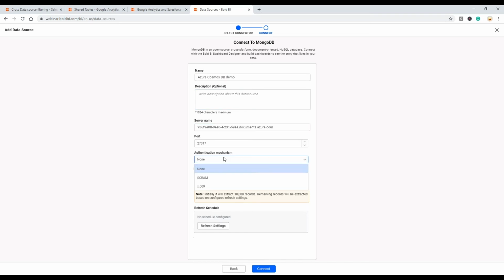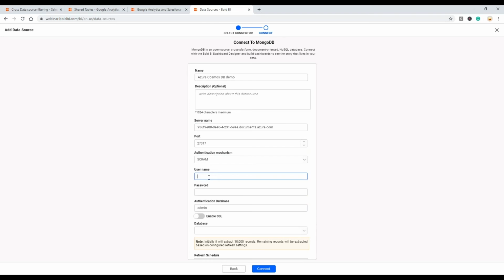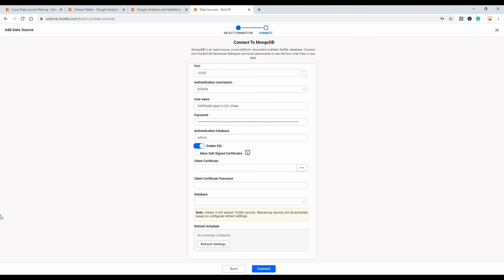This is my server name, and my authentication is going to be SCRAM authentication, and this is going to be my username. This should be my port number, and this is my password. So SSL has been enabled by default by Azure Cosmos DB itself, and that's great.